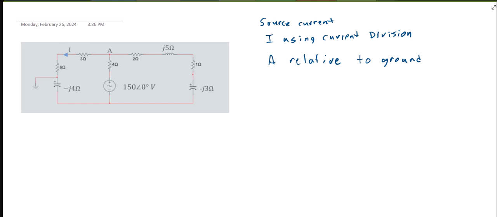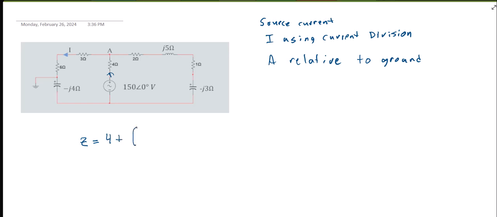Oh no, okay, all right, yeah, I did it. I did it several different ways, but probably the easiest way to find the source current is to find the total impedance, and that will be the current coming out of here. So the total impedance is going to be this 4 ohm